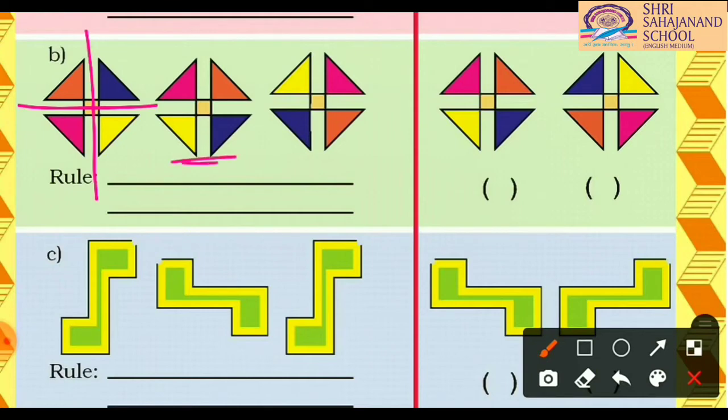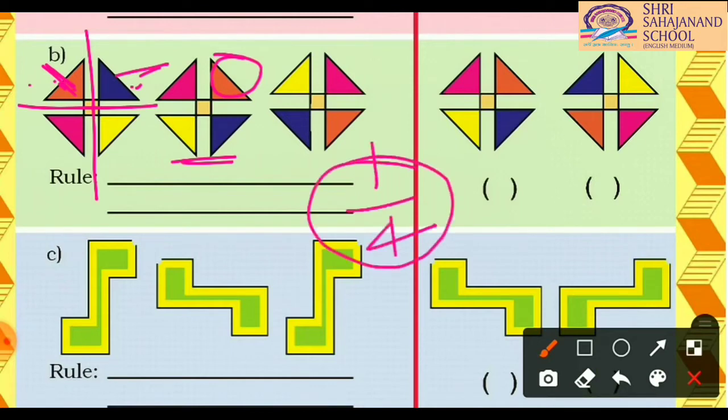In the second picture you can see that the orange triangle which was on the left side is now on the right side. Here you can see. How many turns does it take? Can you say that? Yes, it was a 1/4 turn. Similarly, the blue triangle was on the upper side and now it is on the downside. It means it is also taking a 1/4 turn. So the whole picture is taking a 1/4 turn.